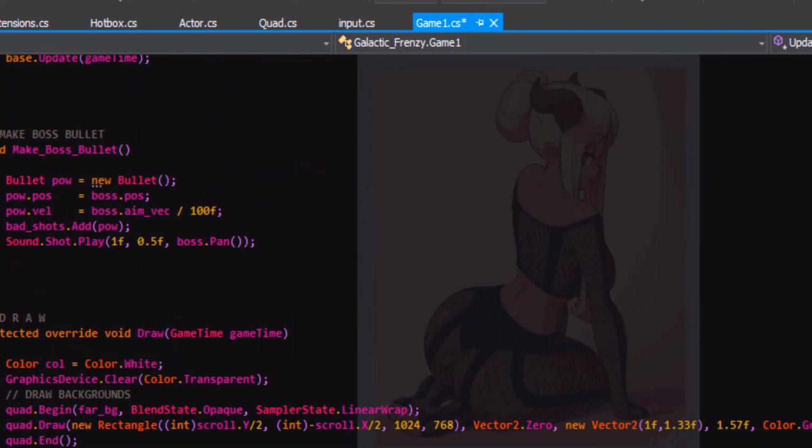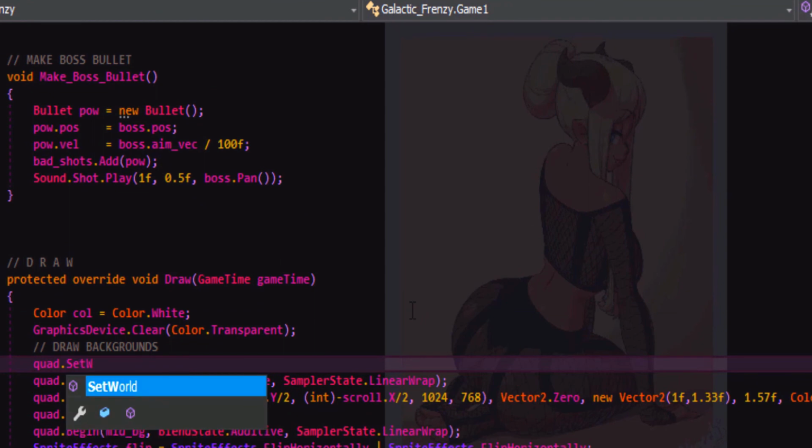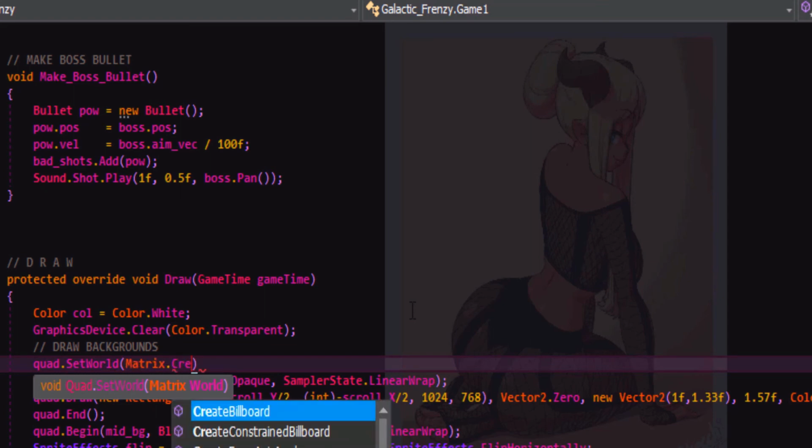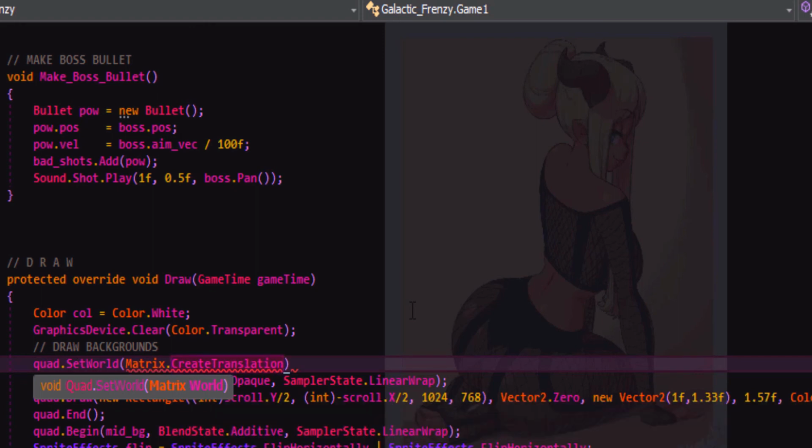Let's go down to draw, and we'll add, maybe up here somewhere, quad set world. So this is going to set the world transform for everything that's drawn after this, using quad. And using that set world that we made, this way we don't have to feed it into each begin. It'll just make it here and keep it.